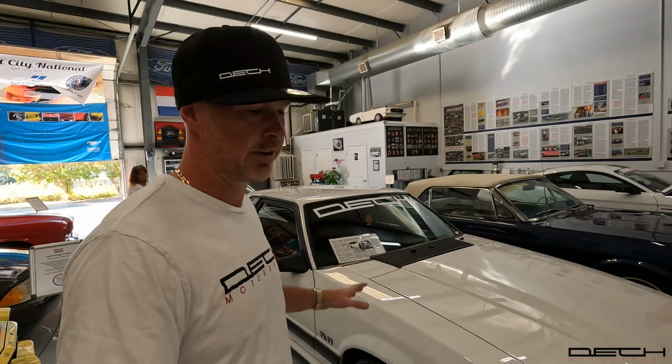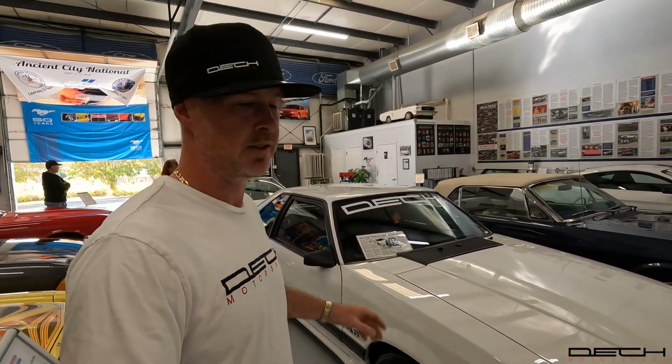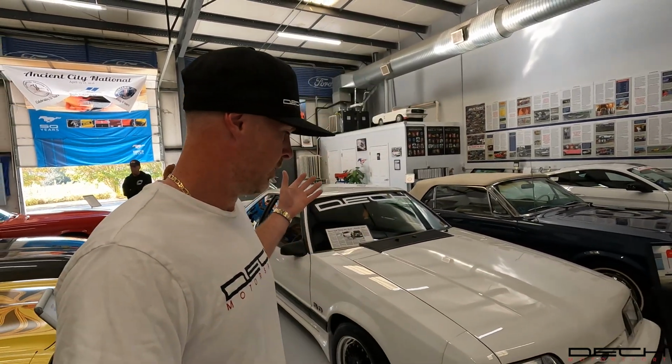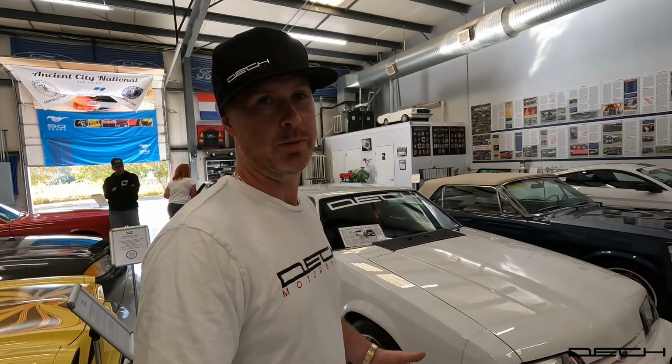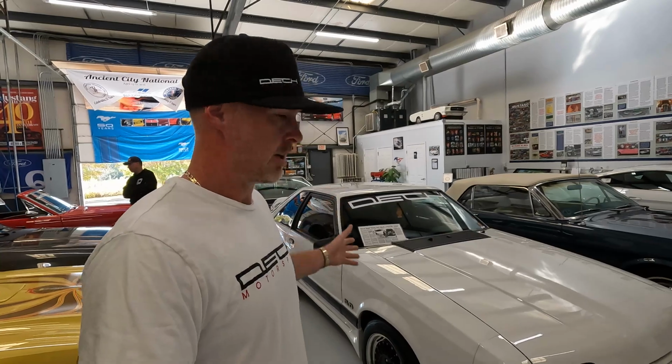So I like to call this a mild restoration and a purpose-built restoration, because ultimately I'd like to see this car on another road course to be able to promote DECH and show what this old school technology and performance is all about. So hopefully you get the pleasure of seeing this car,